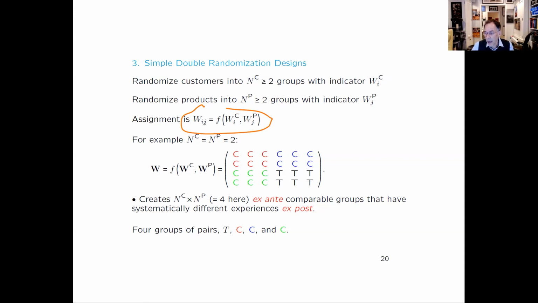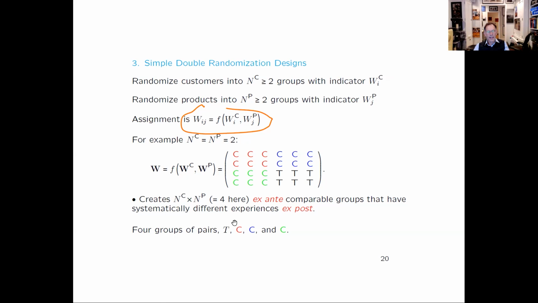But it could be more groups, and that would allow us to have some customers most of the time exposed to the treatment, and some customers only rarely exposed to the treatment, and some products almost all the time exposed to the treatment, and some products never or rarely exposed to the treatment. And you would get much more variation in the fraction of treated customers for each product, and more variation in the fraction of treated products for each customer. And that would give you more information to learn about the extent of the spillovers. That doesn't introduce any fundamental complications. It just makes the notation much more complex.